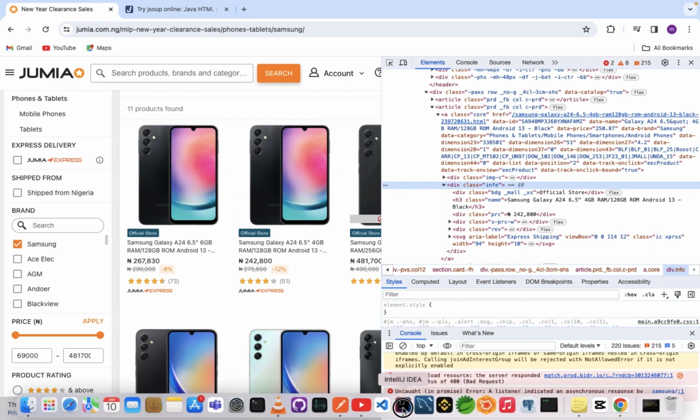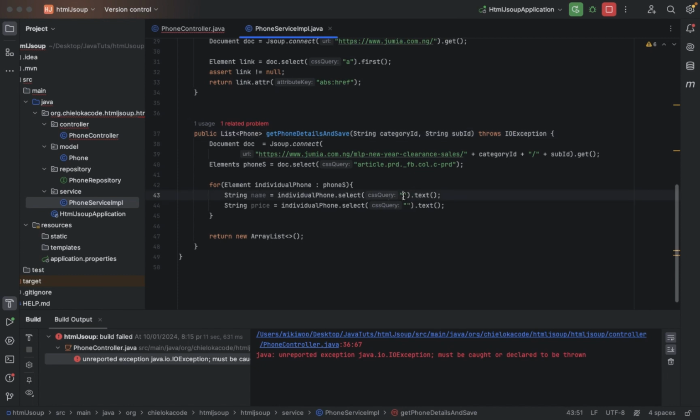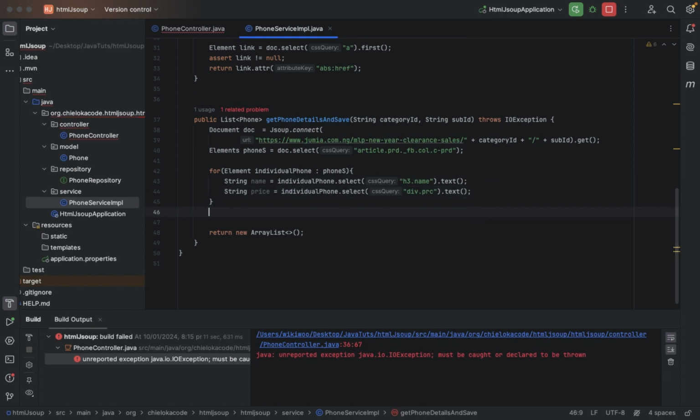So let's go back there. The first one is h3.name, and then the second one is div.proc. So that's it. So going forward,